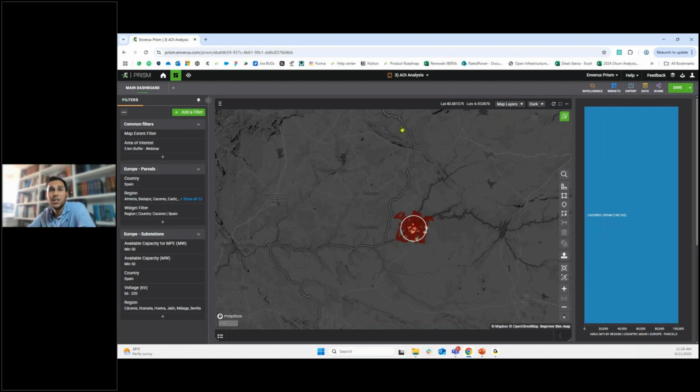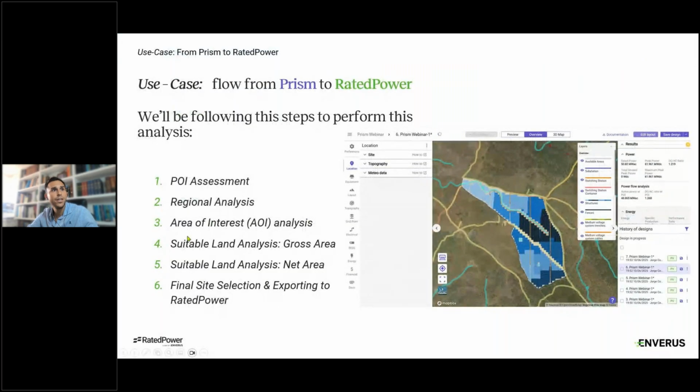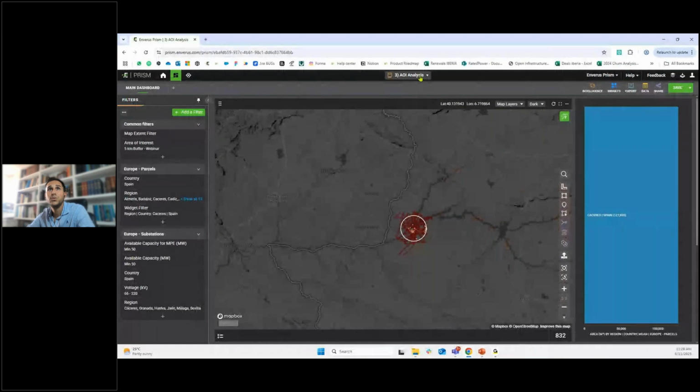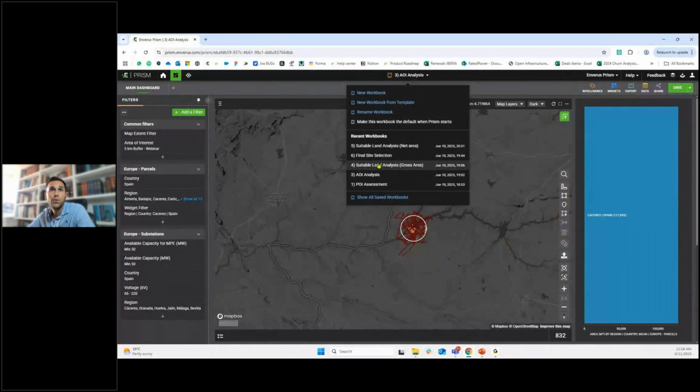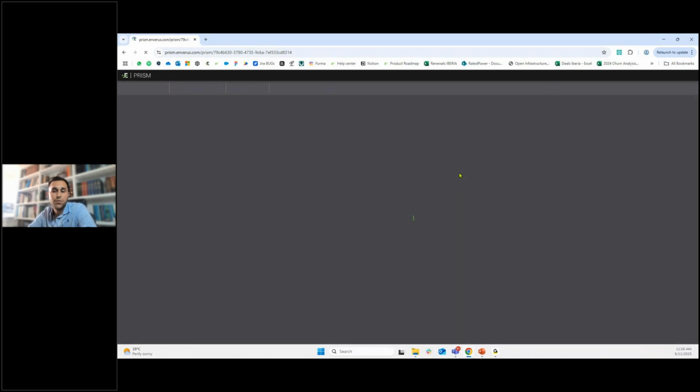So that's exactly what we are going to be doing in the land suitable analysis. If we switch back again to the presentation, on the suitable land analysis gross area, we are going to be identifying that area which is suitable for our PV plant installation. So let's jump into the fourth workbook and let's see how the parcel looks like here. So with this fourth workbook,